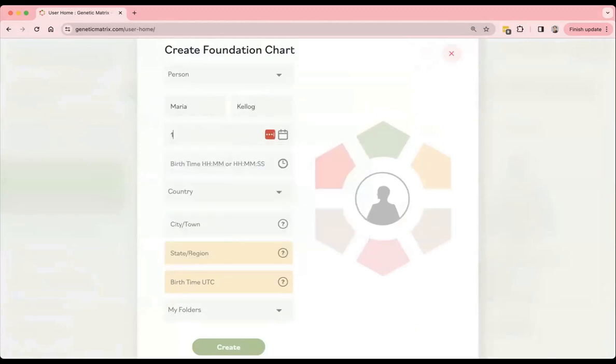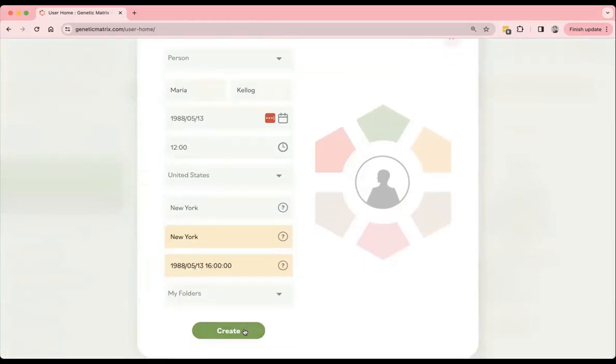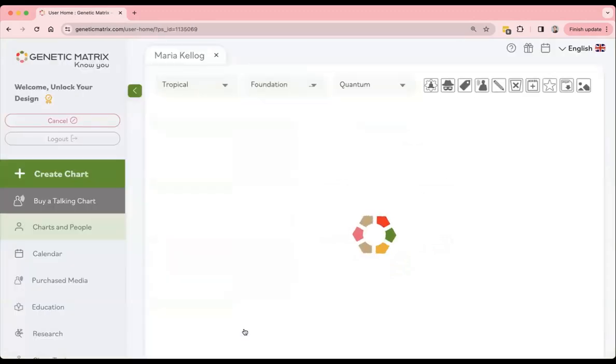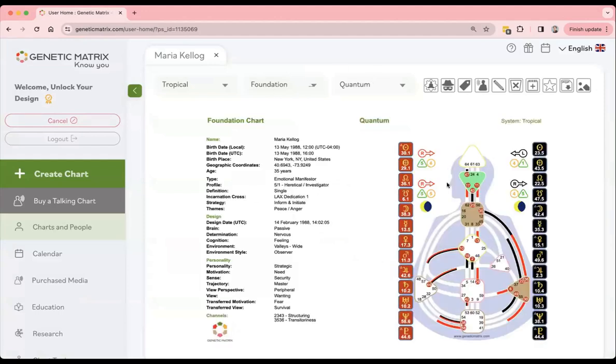And then birth date, time. Then you're going to let it calculate the UTC time, and you have your chart. So what it's going to show is the foundation quantum chart. This is the same as the free chart, but it has more keywords that have to do especially with the